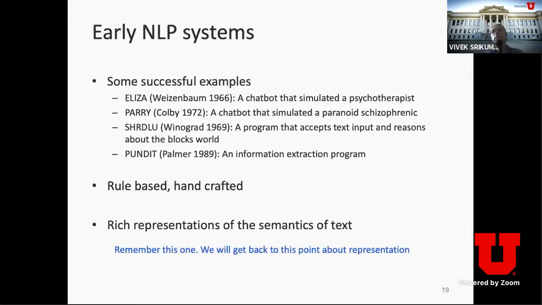Some of the early NLP systems had these cool names like Eliza, Parry, and Pundit. And these were essentially rule-based systems. Someone, often the person whose name shows up next to the system name, wrote a program which had a bunch of rules that would read some text and manipulate it using those rules, essentially writing down the rules of grammar. So Eliza and Parry are a curious pair. Eliza was a psychotherapist, and Parry was a paranoid schizophrenic.